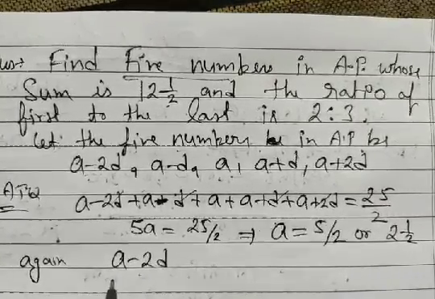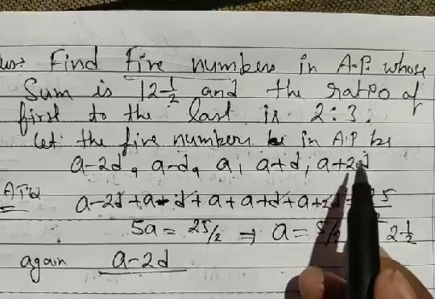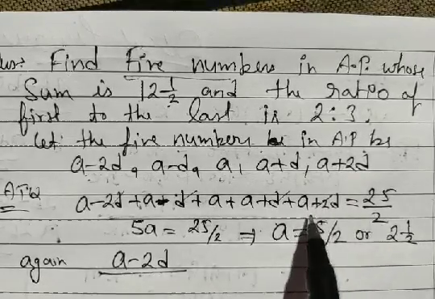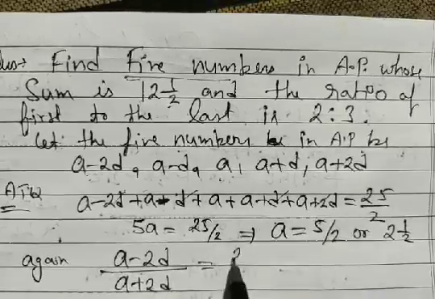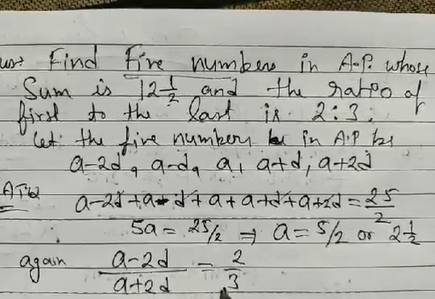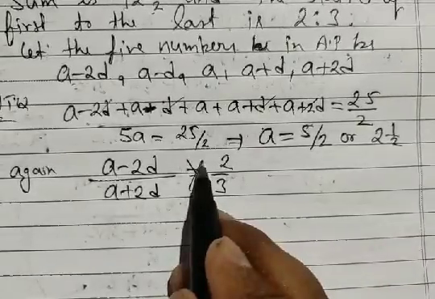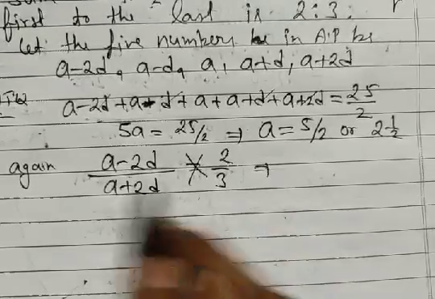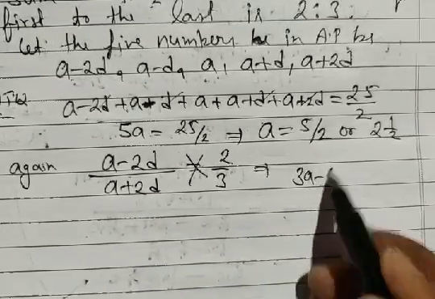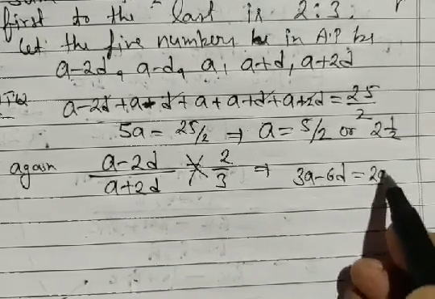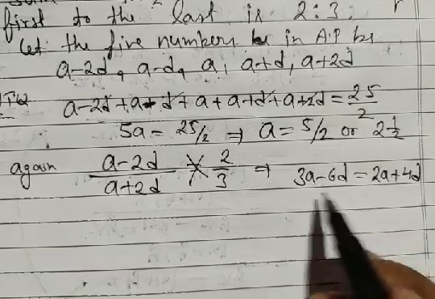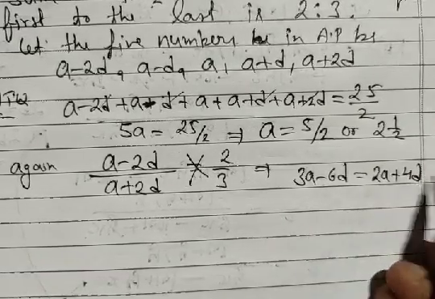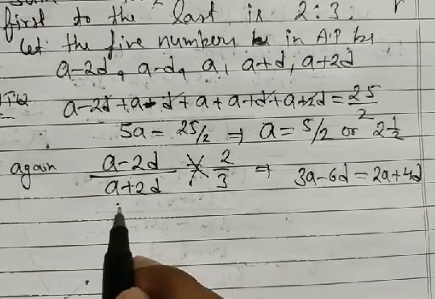We have given the first term as a minus 2d, and what is our last term? Our last term is a plus 2d, and the ratio is given as 2:3. Now we are going to cross multiply, and then what do we get? We get 3a minus 6d equal to 2a plus 4d. After solving it, shifting a on the same side and d on the same side, we get a is equal